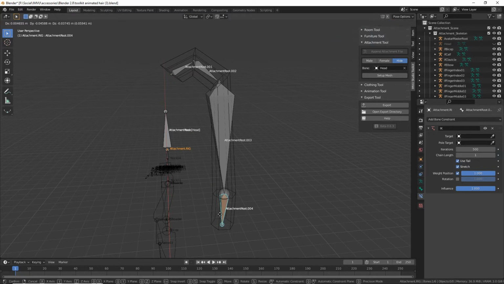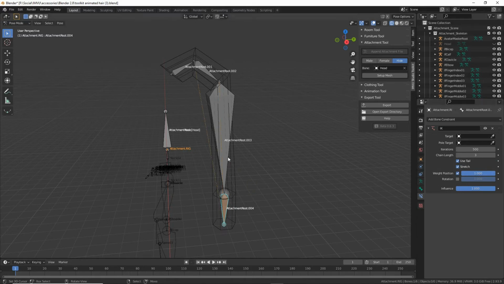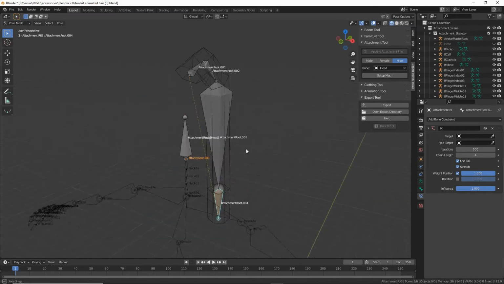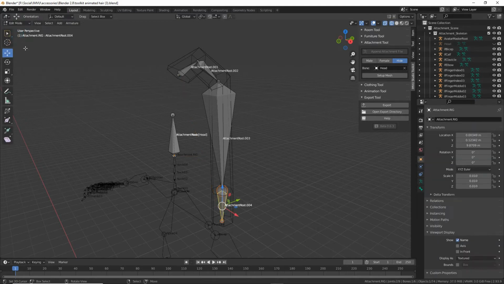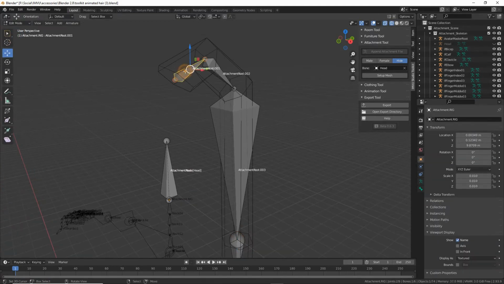1, that's the bone itself. 2, that's the next bone up. 3, next bone up again. And then 4, that's the final bone in the chain that we want. So pose mode, edit mode. We need to create a relationship between the bones, these 2. So select the first bone,